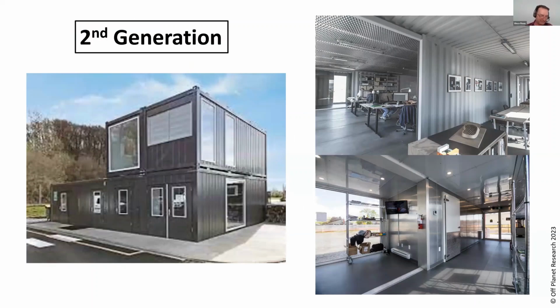For those looking on the Earth for analogs of second generation type base facilities, basically container homes I've always thought are a really good analog, because it gives you an idea of the modularity. They're about the right size to be transported by a rocket and landed on the moon, and they plug in together. The nice thing about using these as an analog is when you talk to people that are developing technology